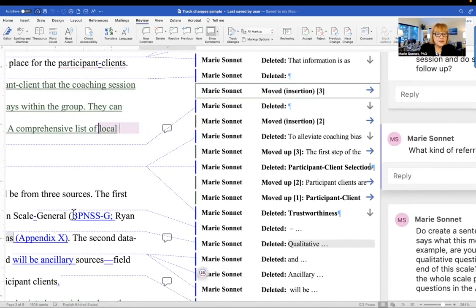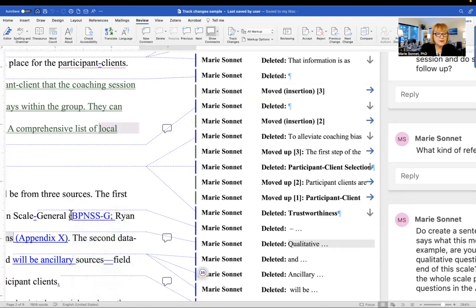Also in this text section, you'll see words that have been inserted and they are in blue. They are things that I've added for clarity or for formatting requirements. You can place your cursor to the left of that blue word and right click and then accept or reject